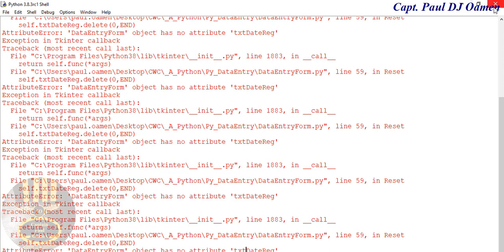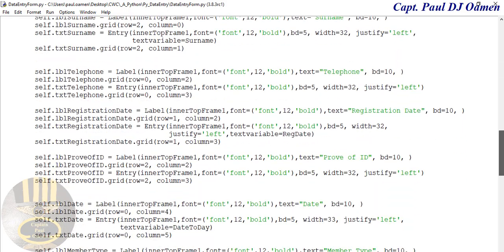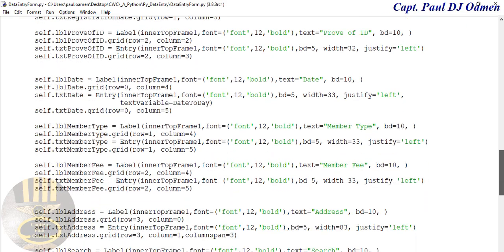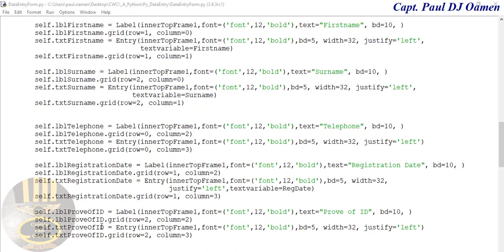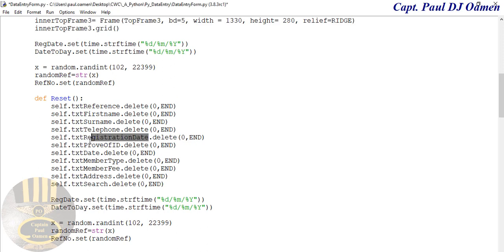Look at that. It's actually giving me, presume you guys can see that I've made a mistake in there. I entered txt there. So let's go back into my reg dates. Txt reg date reg, that is wrong. It's meant to be called txt registration date. So I'm going to copy that. Okay, the right name for the widget is now in place, registration date, and I've also corrected this to member